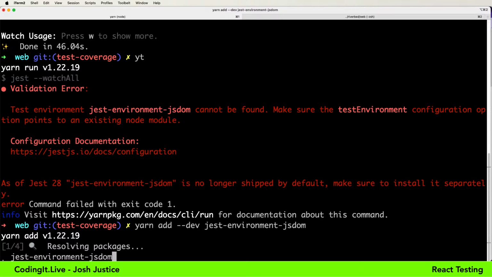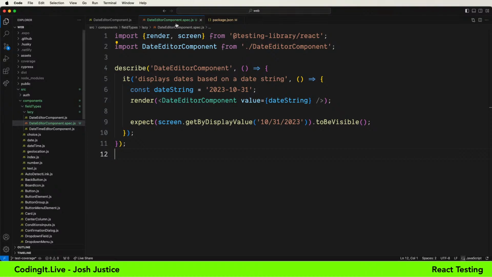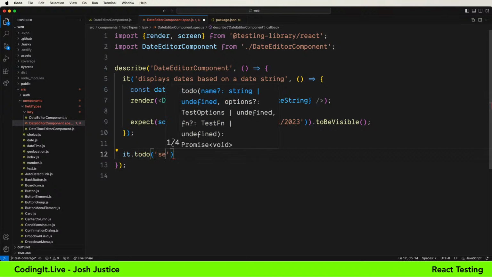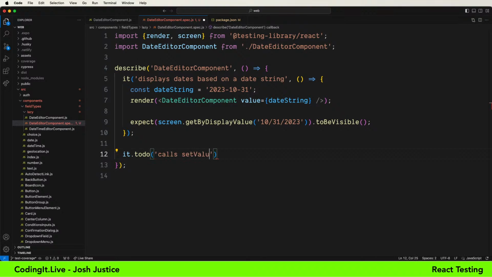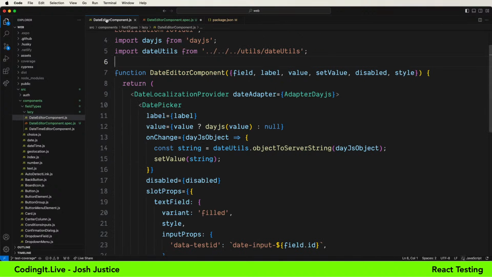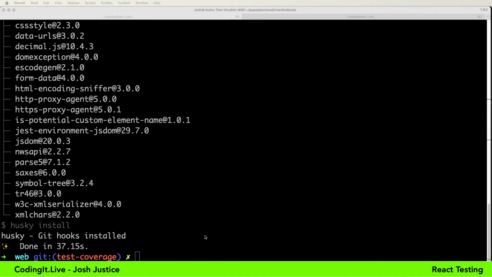While this is installing, let me think ahead about what's coming next. And we can go ahead and write out tests with to-dos before we're ready. We'll say it.todo. We'll say sends, it calls, what's the name of that? Set value with a string formatted date upon change. So it's saying that's the other main functionality we want, is for it successfully to send the values back on set value. If our code here is missing, and we're going to try taking these things out to make sure they break the tests, then that won't work. All right, so this is coverage.